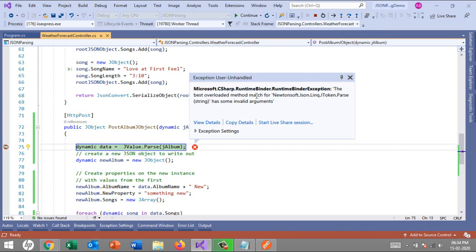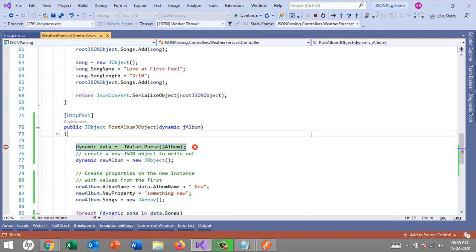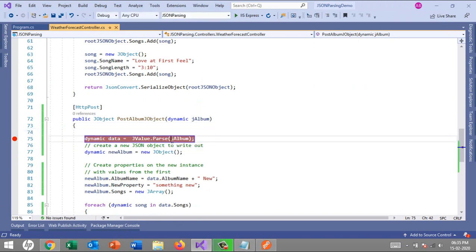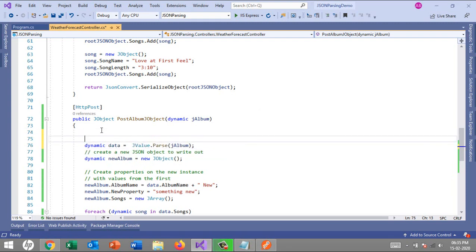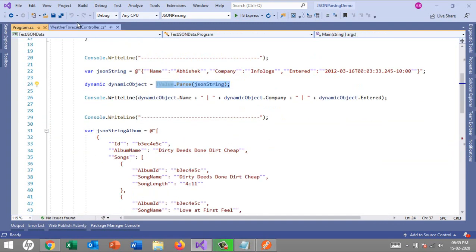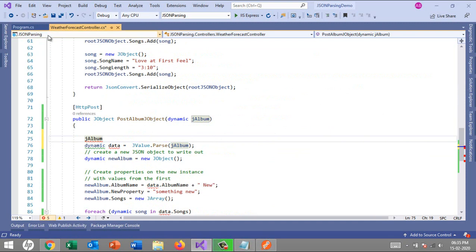The best overload method matches the instance of JSON parse string. Okay, so JSON.parse takes a JSON string, so we have to pass the JSON string only. So JAlbum, what we have to do is, it's a dynamic object, and from